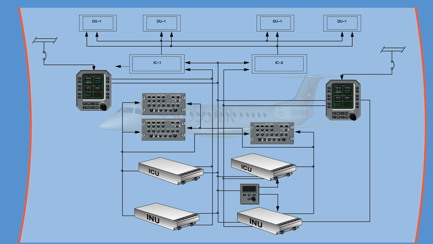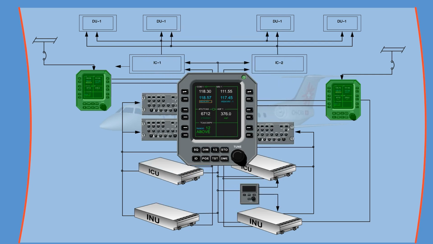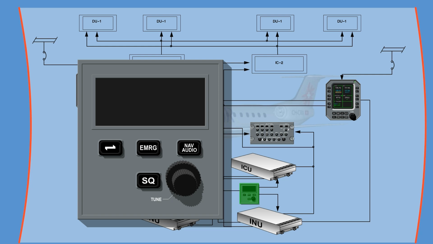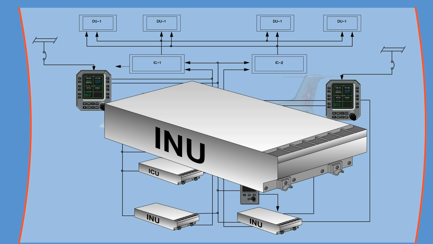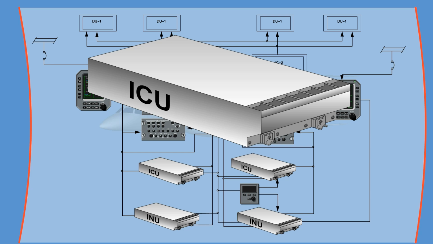The integrated automatic tuning system's main purpose is tuning of the communication and navigation radio modules during normal or emergency operation. For this purpose, it has 2 radio management units, RMU, installed on the main instrument panel, a tuning backup control head installed on the center pedestal, 2 integrated navigation units, INU, and 2 integrated communication units, ICU, installed in